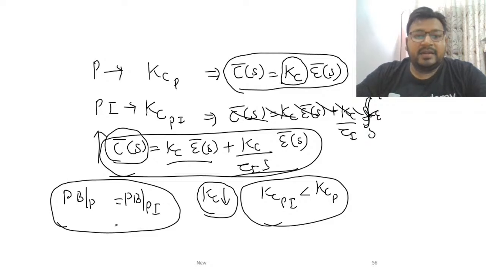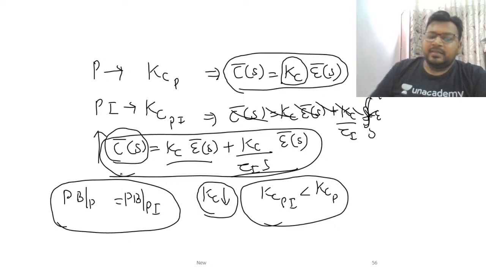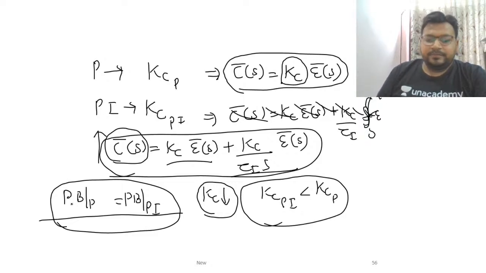Okay, and proportional band is inversely proportional to Kc. So it may look like that the proportional band should increase, but no. Generally in the designing, the proportional band is kept same, and just we add the action. By adding the action, what is the effect? Effect is on the Kc only. So Kc either increases or Kc decreases. Output either increases or output decreases. But generally the range of the input, the range of the error, the proportional band remains the same. So that is what we do in the designing. By not changing the proportional band, we change the value of Kc.